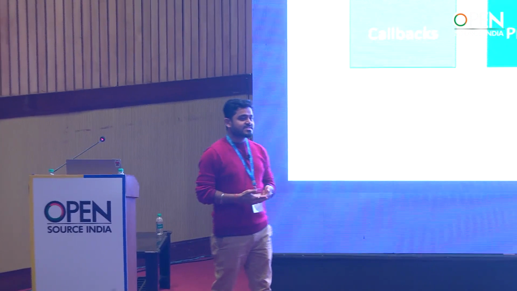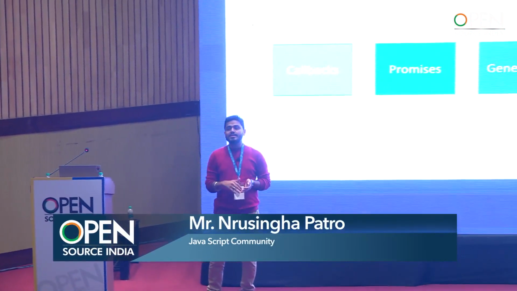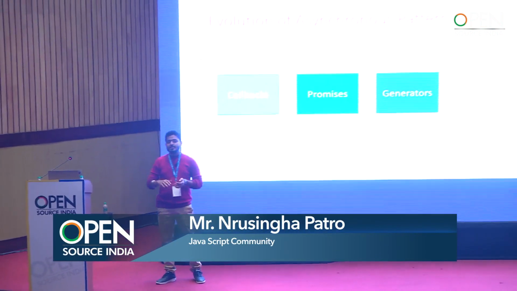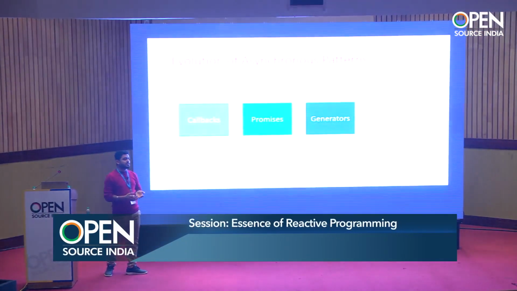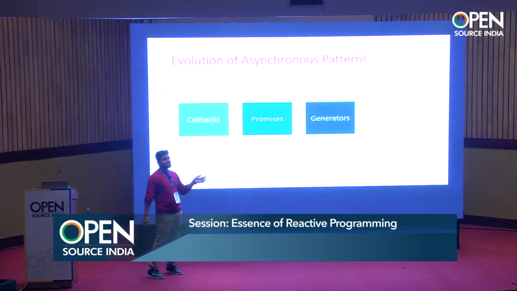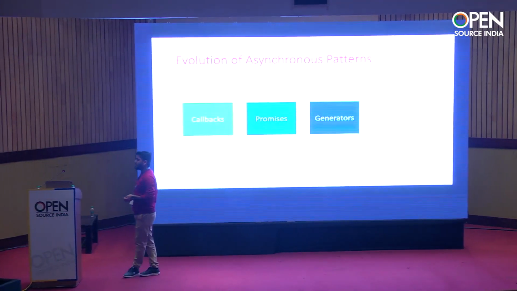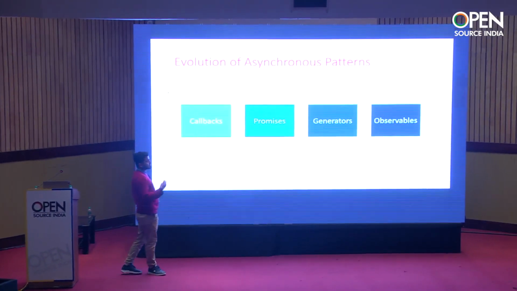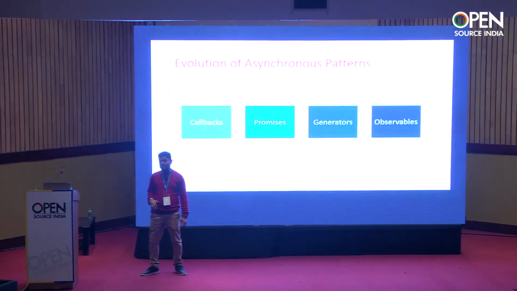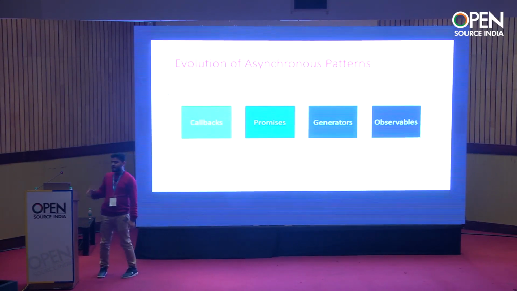If you think of any function, once its execution starts, it only stops when it reaches the last line or return, right? That's the exact behavior of a function. But generator functions are a bit strange. You can tell them to stop at this line and restart again after some point of time. So asynchronous coding you can do in a synchronous way using a generator. So a generator is also a pattern to do asynchronous programming. And then come the observables, which are mostly used now with the current structure,